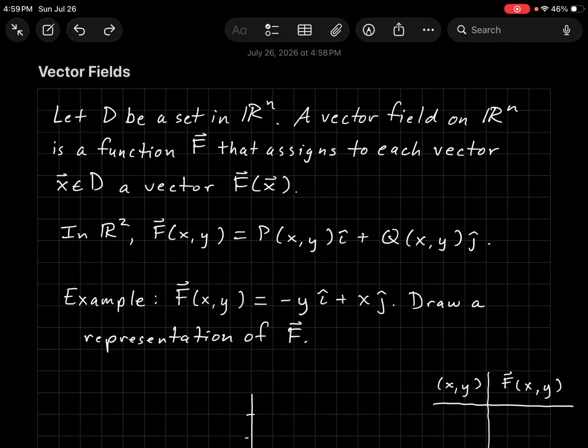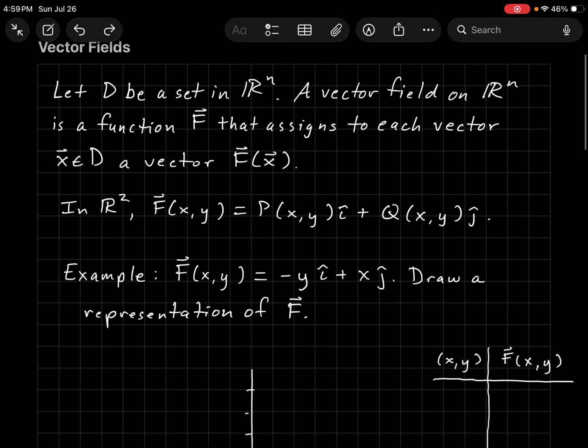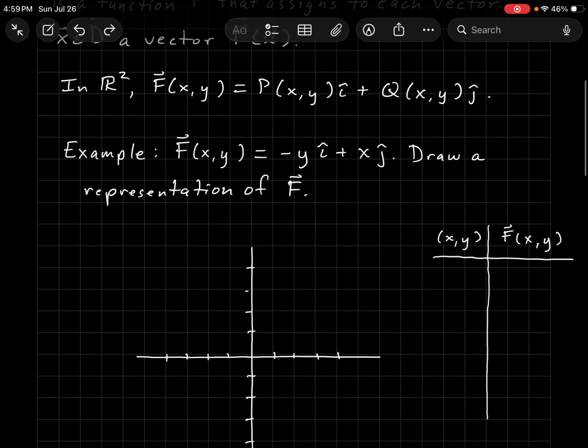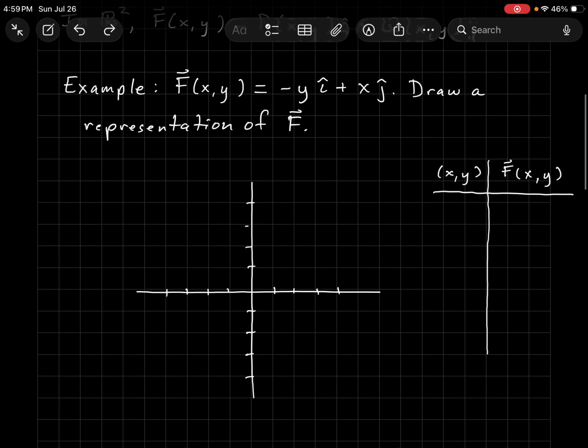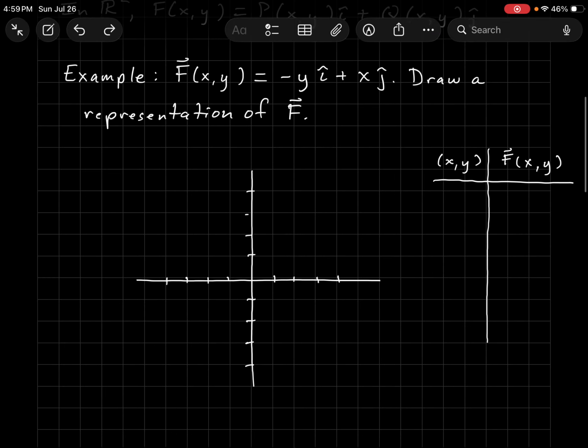Let's do a quick example of a vector field. Consider the vector field f of xy equals negative y i plus x j. And we want to draw a representation of f. This is a pretty straightforward concept. All we need to do is pick different values of xy, that is, pick different points, and find the vector